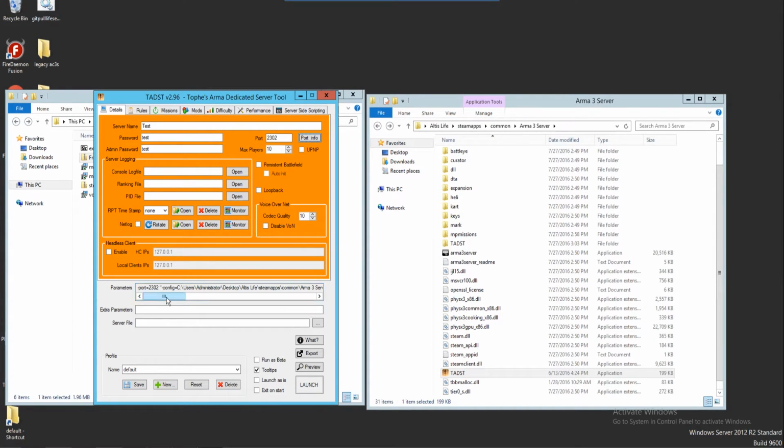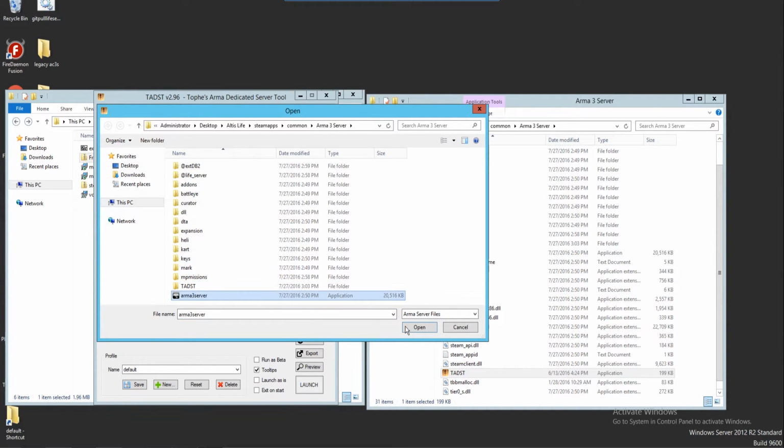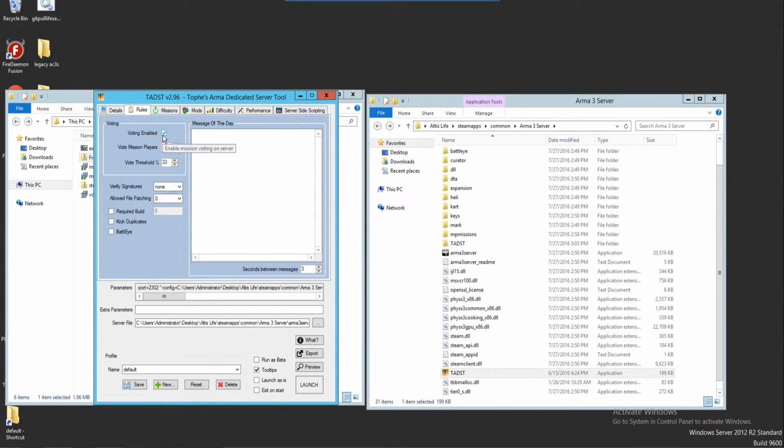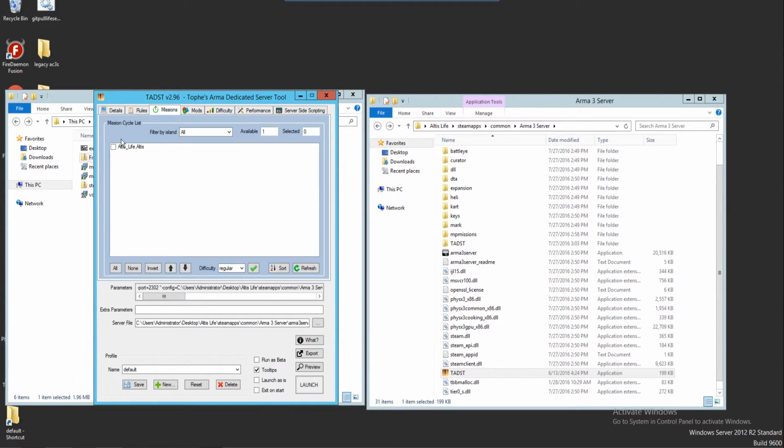And so another thing we have to do is select our server file. By clicking those three dots, you click the Arma 3 server, open. And then you go to rules over here, disable voting enabled, turn on BattleEye, and go over to missions, select Altis Life.altis, go to mods, select extdb2 and life server,